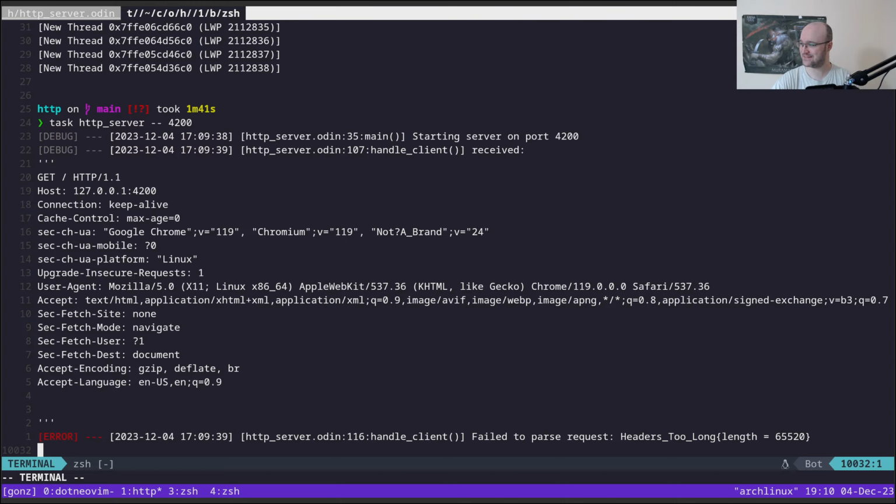Okay, let's try to find where that would happen. Header's too long. I've hard coded, I think, that this should be fine for the time being. Max headers length here, we can see that that's 32 times 1024. What we can actually do here is just say mem kilobyte. There's no reason to have 1024 there. And what we're gonna do here is we're gonna say 64 and see if that changes the stuff. I am very curious to see what Chrome is sending. And